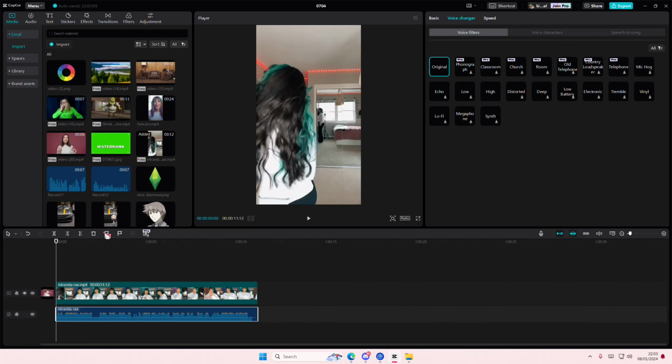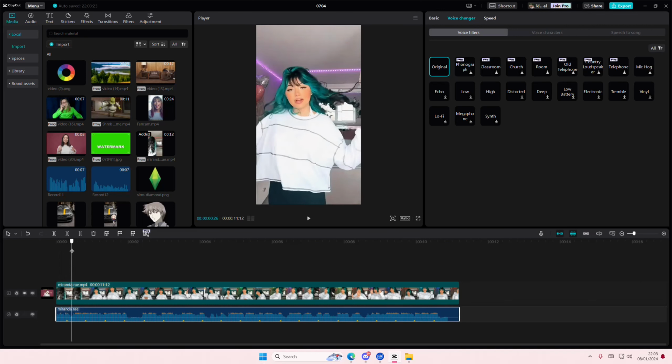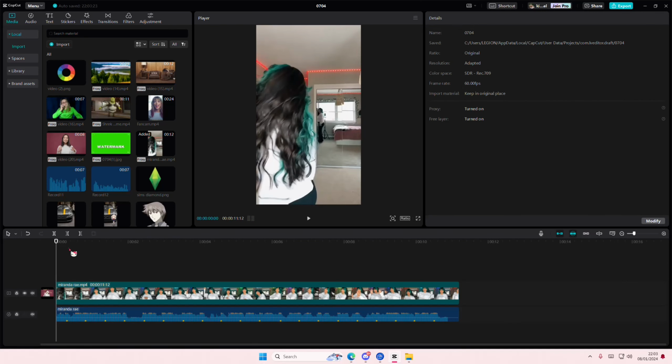Select the audio and you're just going to select the auto beat. And you can either select beat 1 or beat 2. This is very helpful if you're creating a velocity video edit. You can also go through the beats and delete them by pressing the